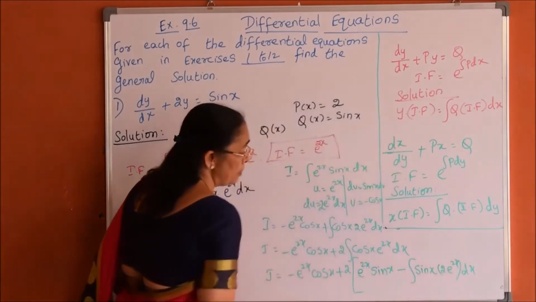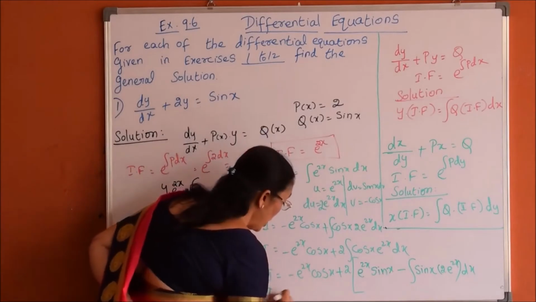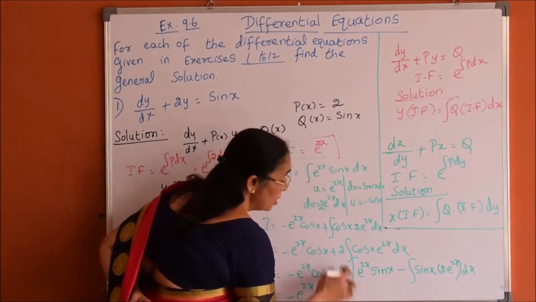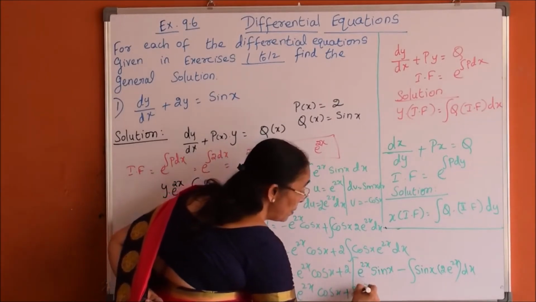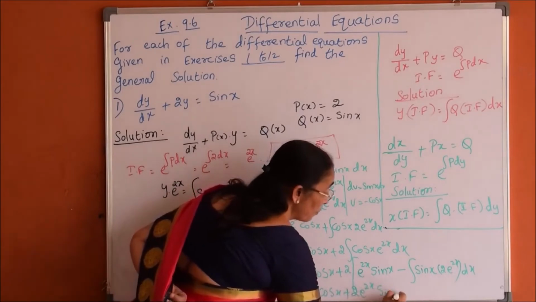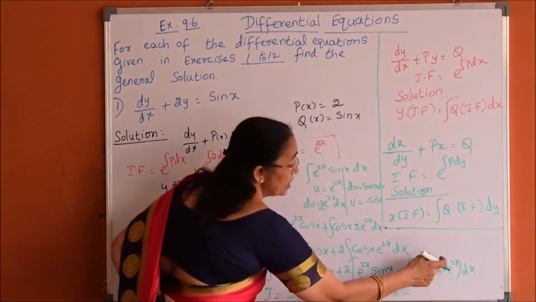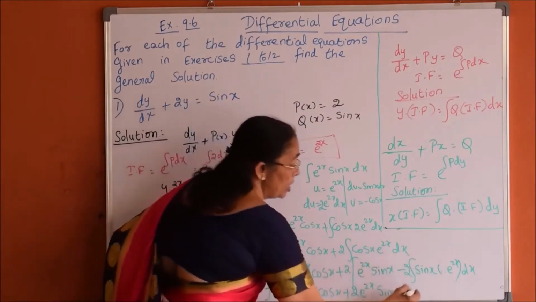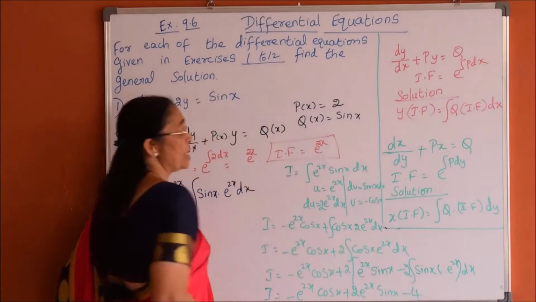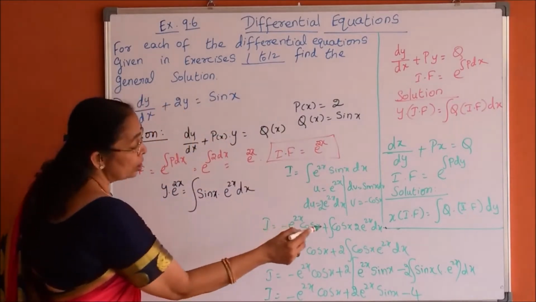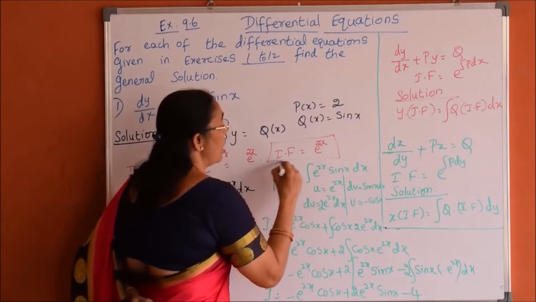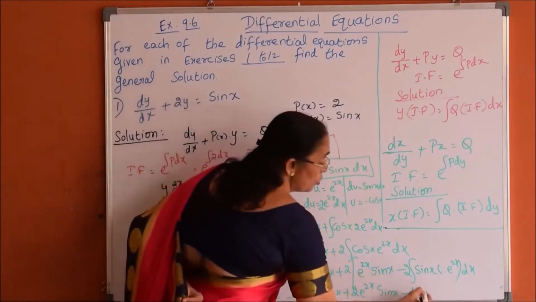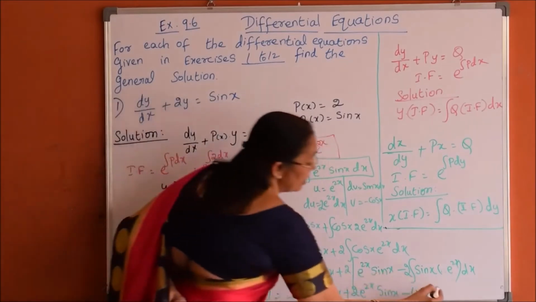So, now I is equal to minus e power 2x cos x plus my second one is 2 e power 2x sin x minus, here one 2 is there, this 2 can be taken outside. Now outside, 2 twos are 4, minus 4 into integration of sin x e power 2x dx. So, integration of sin x e power 2x dx is nothing but I. So, this is 4I. So finally I will add one c here.